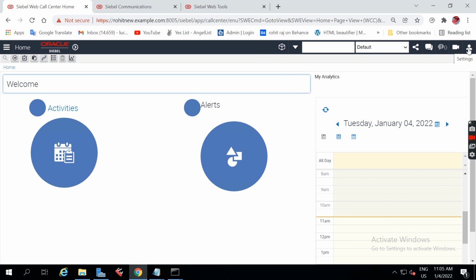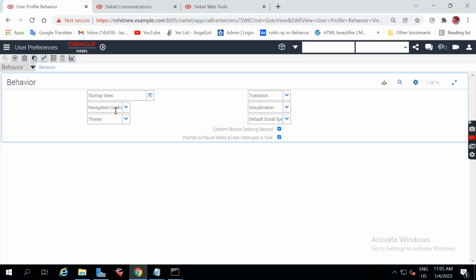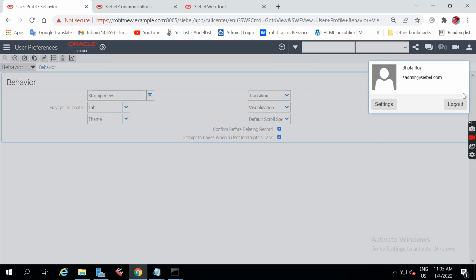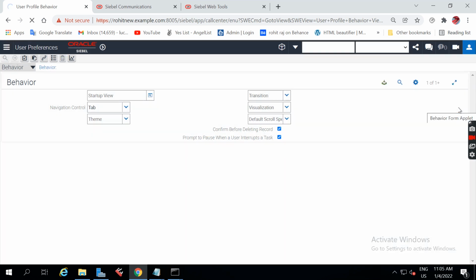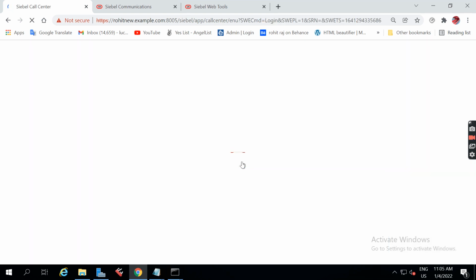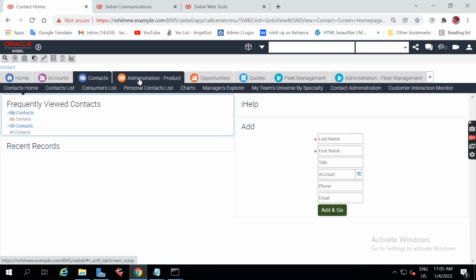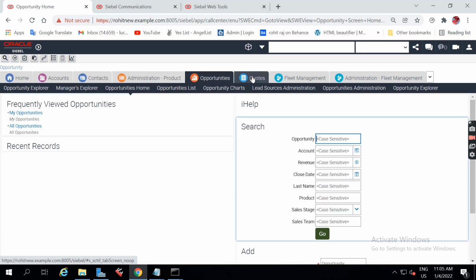To access it, we have to go to settings and, instead of navigation control, we have to set the tab, and Ctrl+S to save, and log out. Again we have to log in with the Bhola account. So see, we are getting all the entities whatever we require.